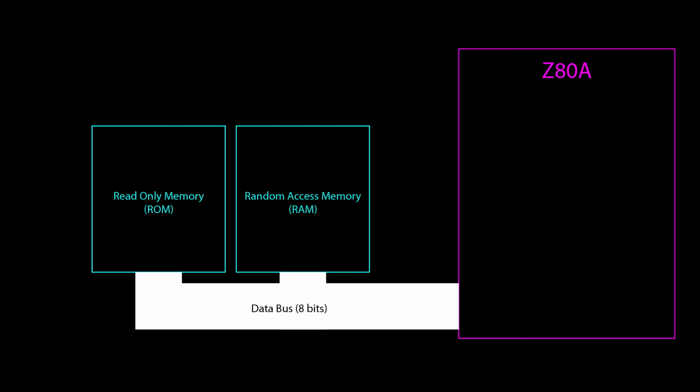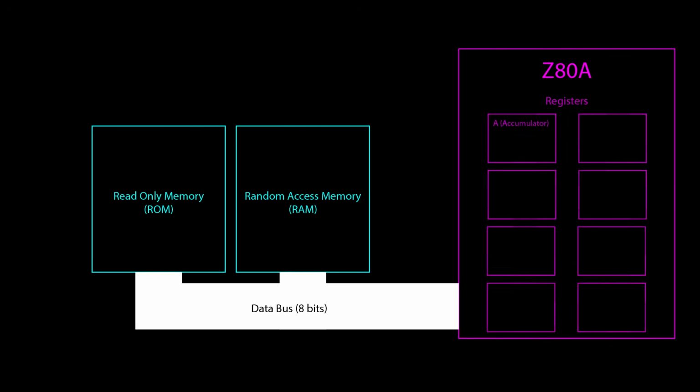Let's say we want to add two numbers together. For example, 2 plus 3. The Z80 has a special register labelled A, which is something called an accumulator. It's a register that can be used to perform arithmetic operations. Now, the instruction to store a number in A is 00111110. When the Z80 receives this instruction, it knows that the next thing it should expect is the number for it to store. So the next item on the data bus will be the number 2, which in binary is